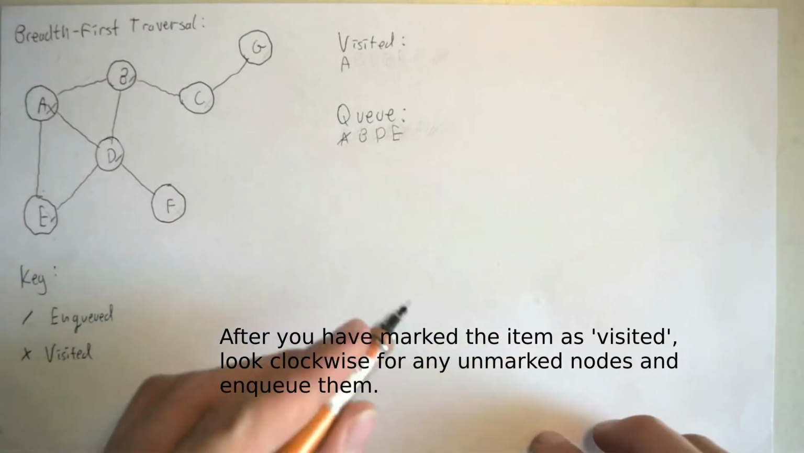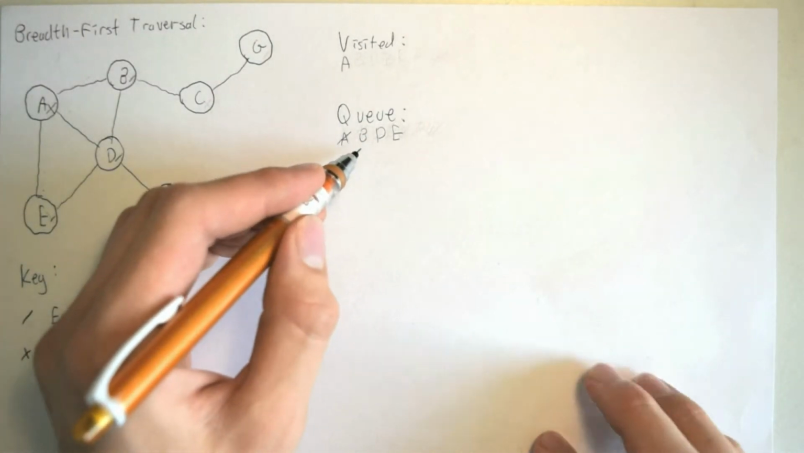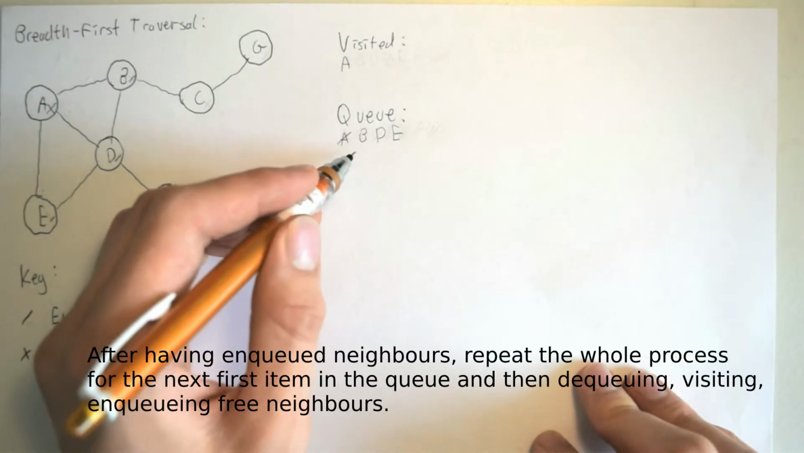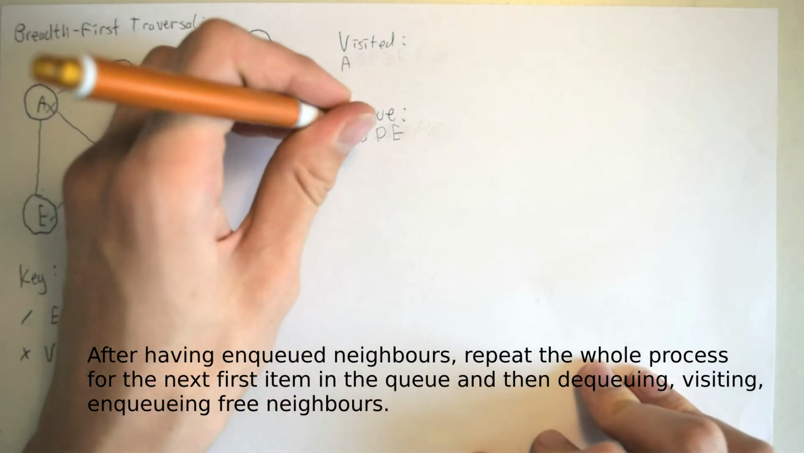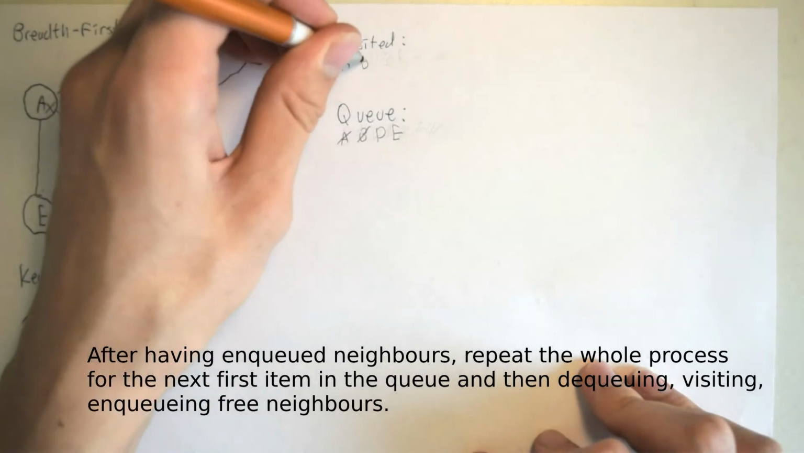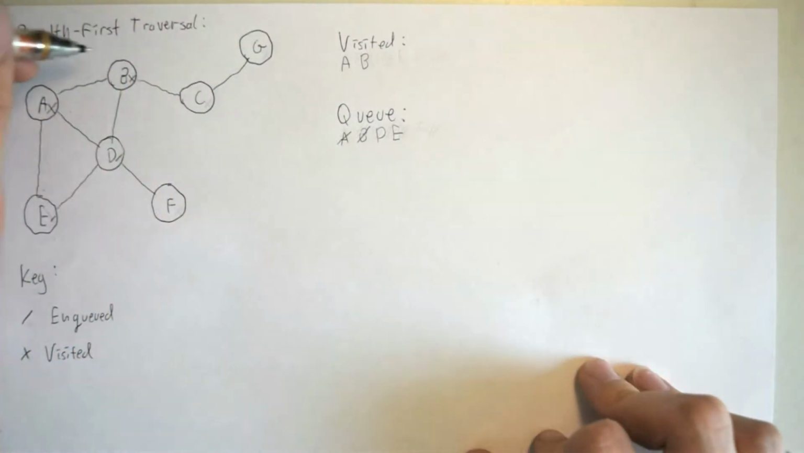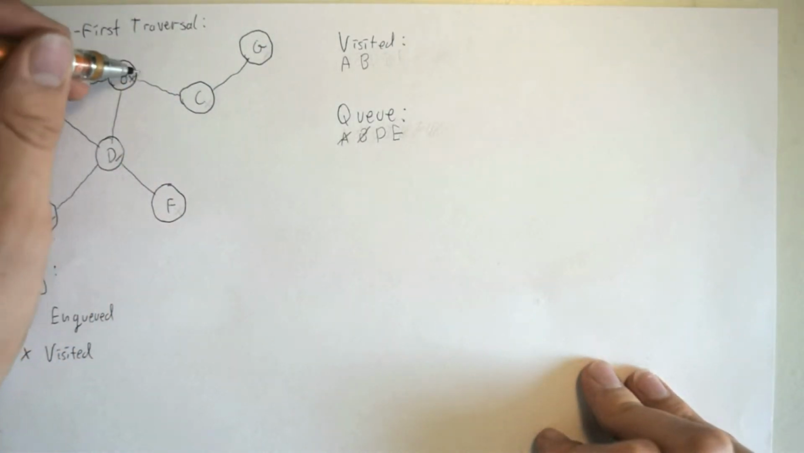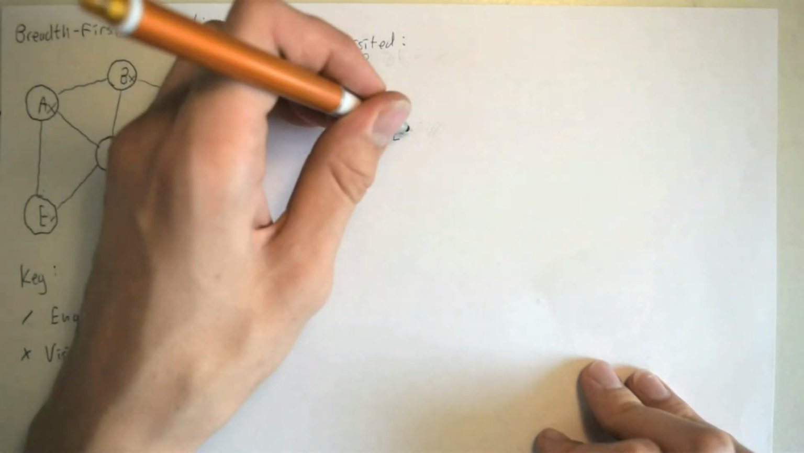So then we look at the first element in the queue again, which is B this time. So we dequeue it, mark it as visited, and then add it to the visited list, and then look for any clean neighbours around it, and the only one for B is C, so we enqueue it